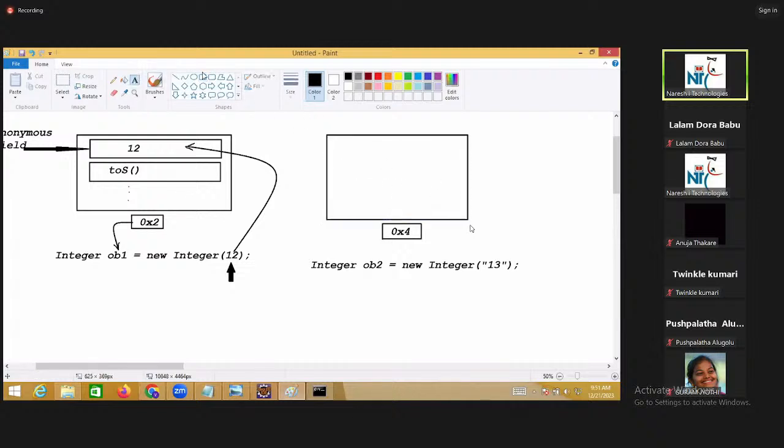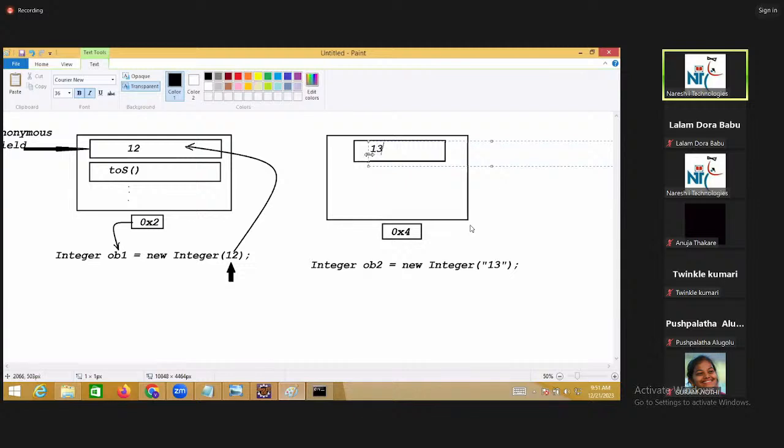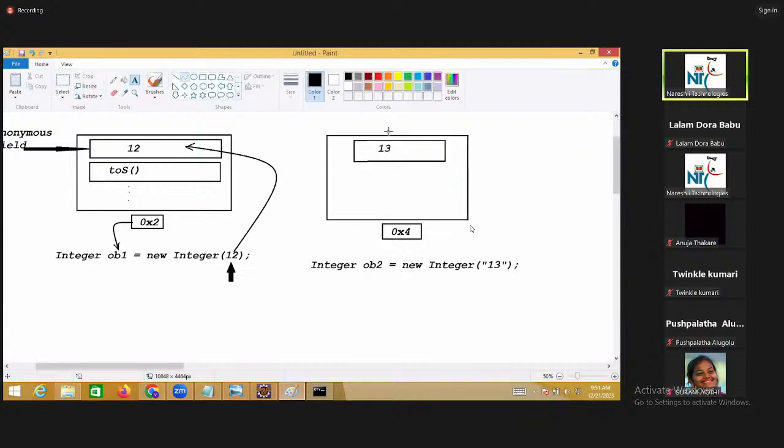Here, 13. Is 13 bound or not now? 13 is bound here. This means you can pass an integer value in the form of a string also.